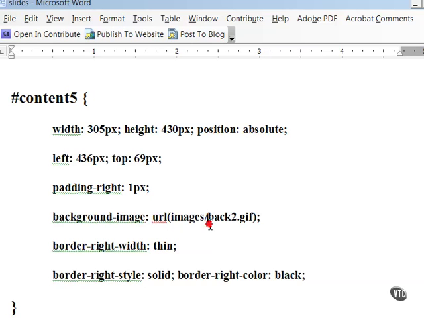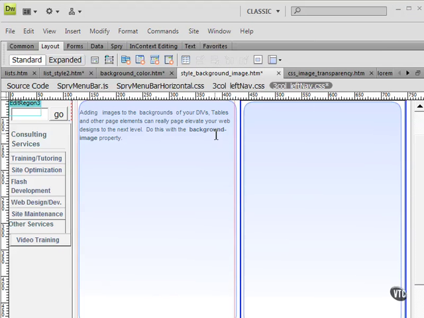You have an option of either choosing a relative link here, or you can choose an absolute path to an actual web address or a website. Your image will tile behind whatever text or element you've added it to. So notice I've added some text on top of that background image that's placed in the back of the div